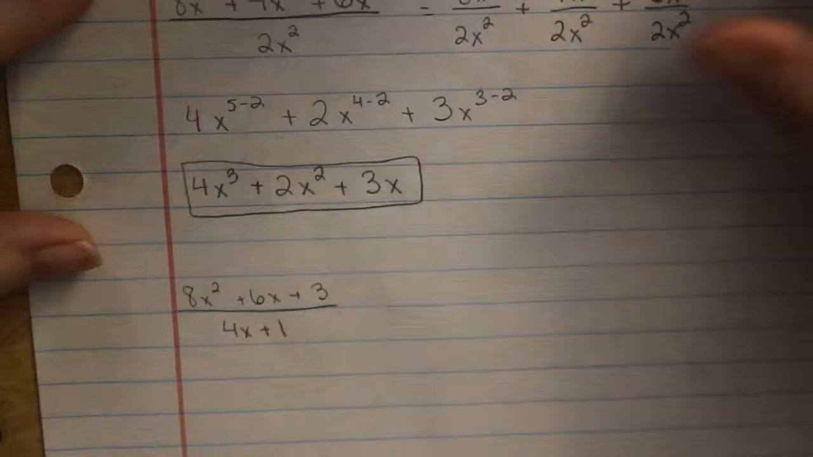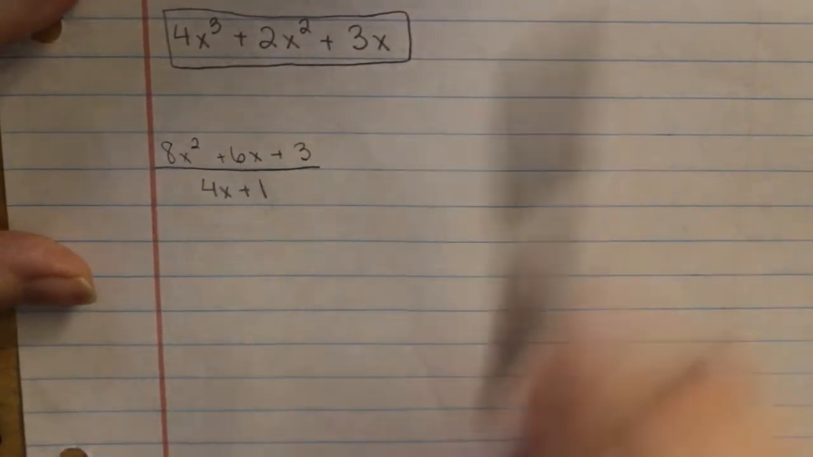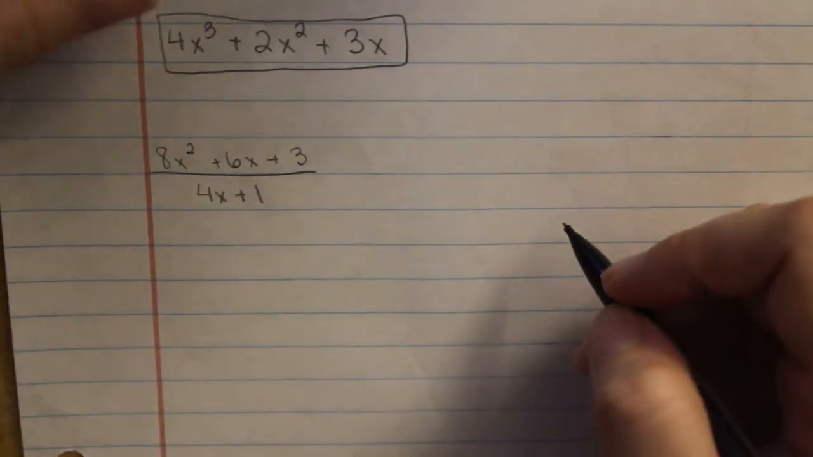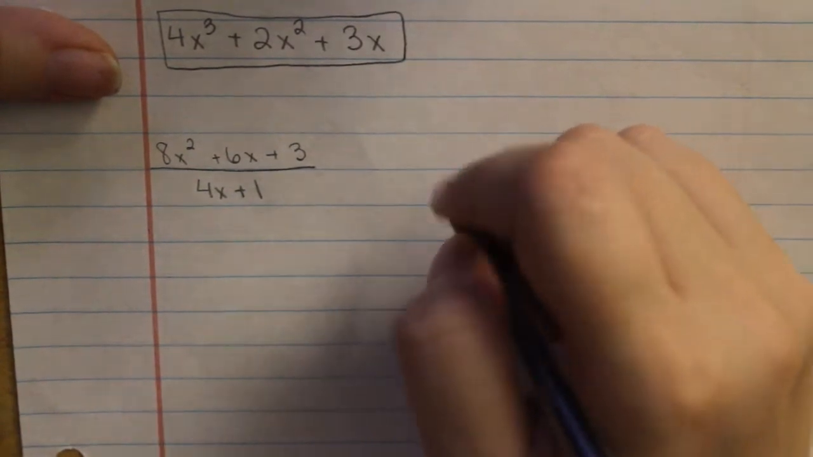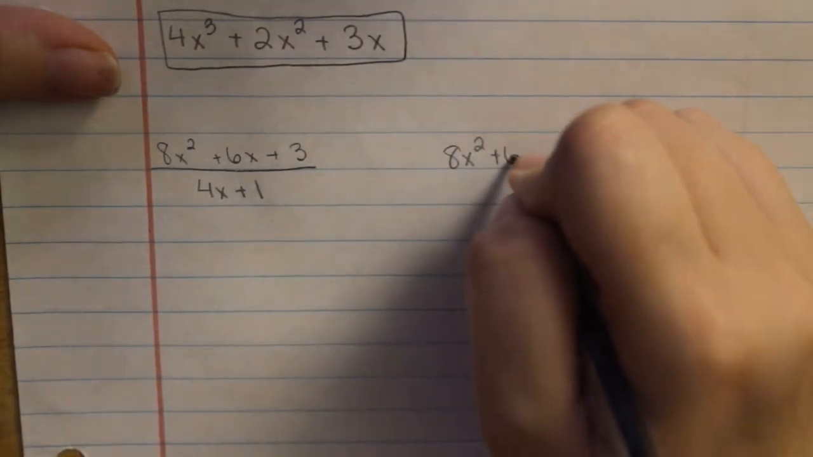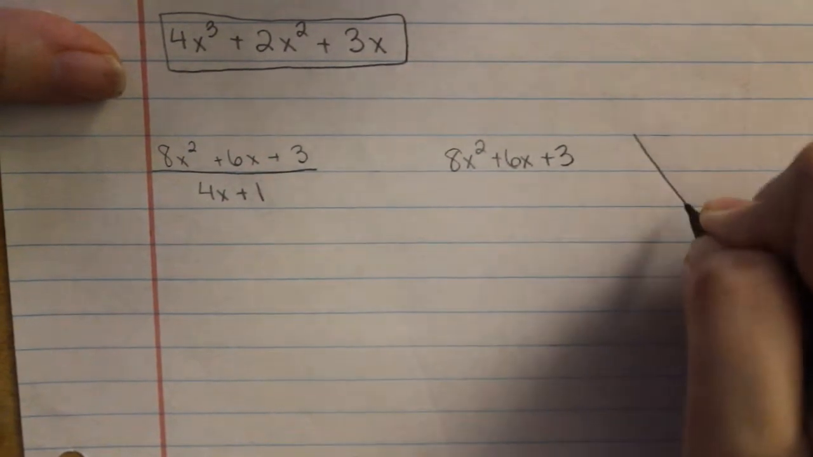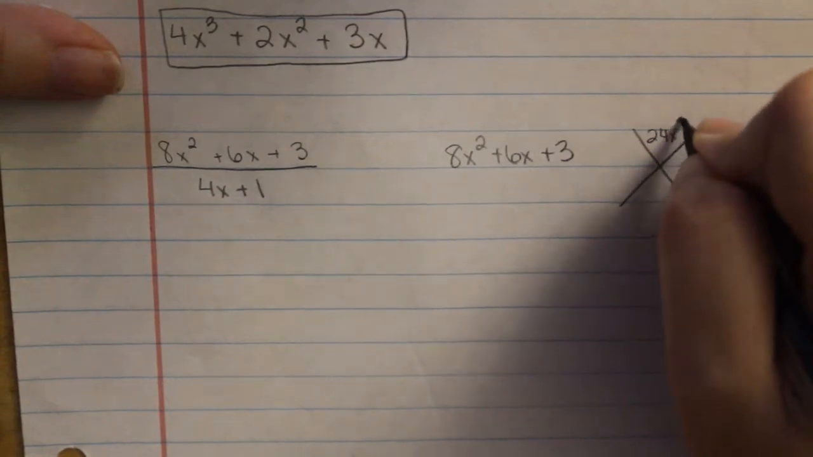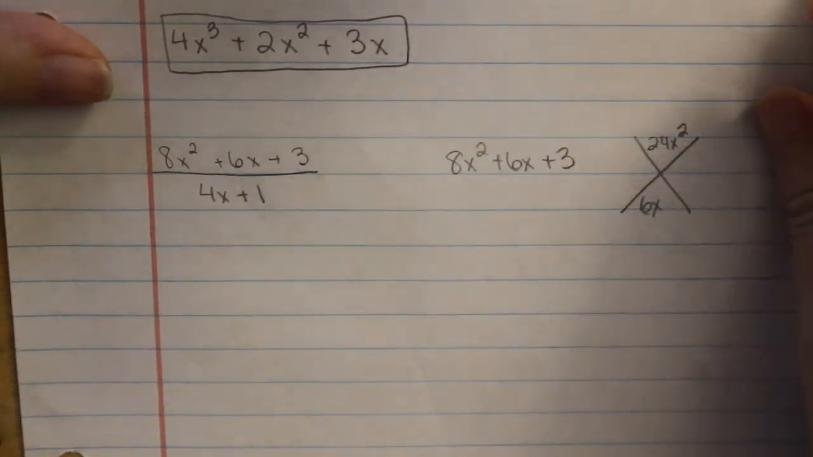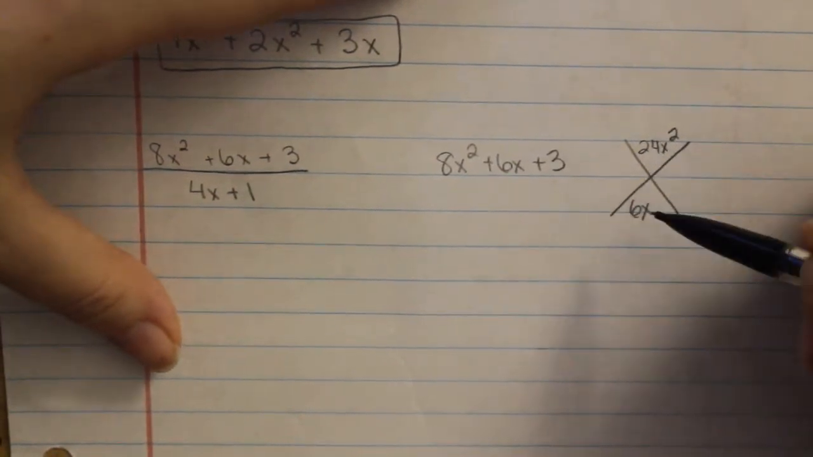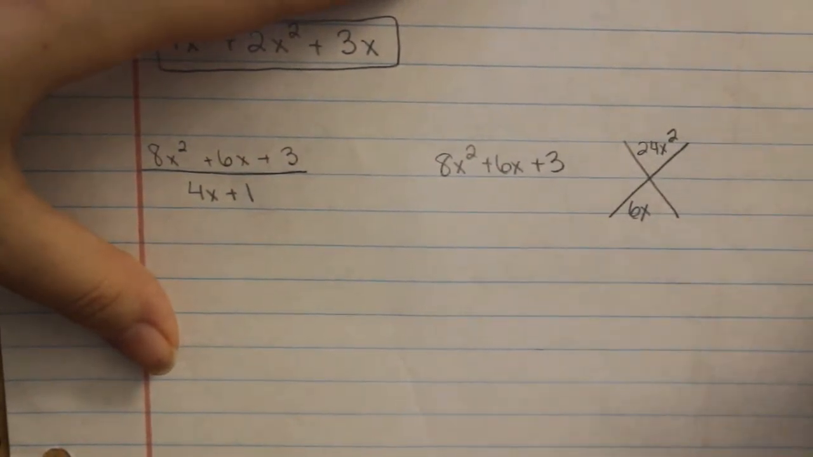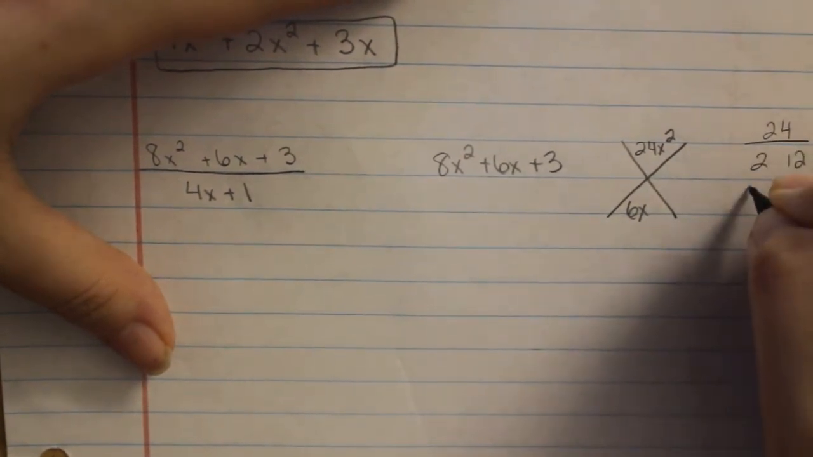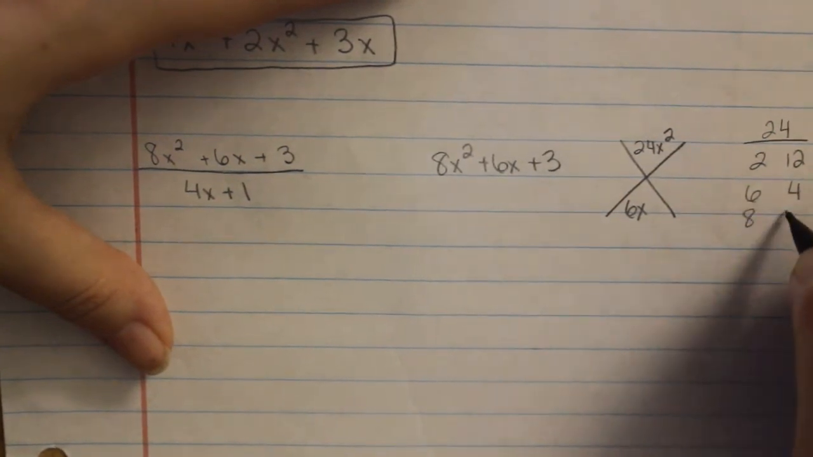And then finally, we are going to get into our hardest problem here. So to do this, we have to factor this top part. So I need to factor the top, so I'm going to go ahead and do that. I'm going to write over here 8x squared plus 6x plus 3. I'm going to do my little x. So I've got 8 times 3, which is 24, x squared, and I've got 6x. So I need the factors of 24 that are going to give me a positive 6. So the factors of 24 are 2 and 12, 6 and 4, 8 and 3,